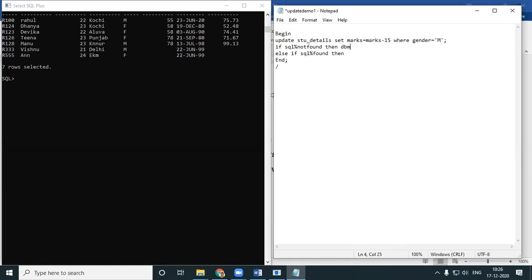Do you remember how? DBMS_OUTPUT.PUT_LINE. I'll just give a simple output over here. Let's say 'nothing affected'. NOTFOUND means no rows are affected, then tell 'nothing affected'.